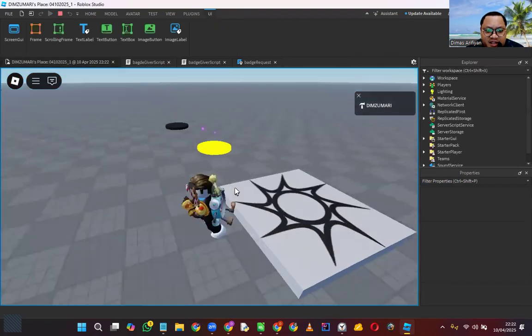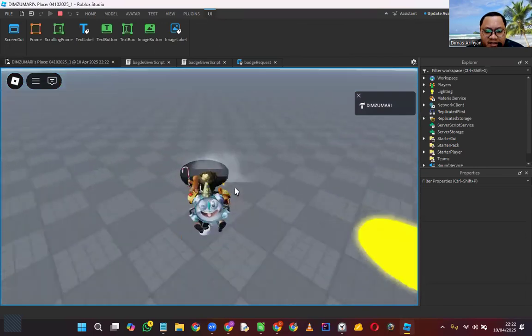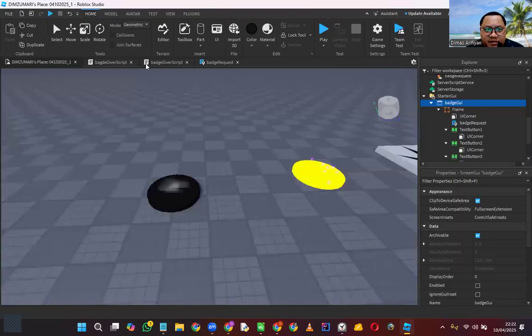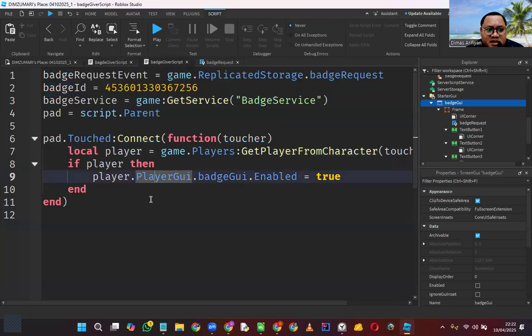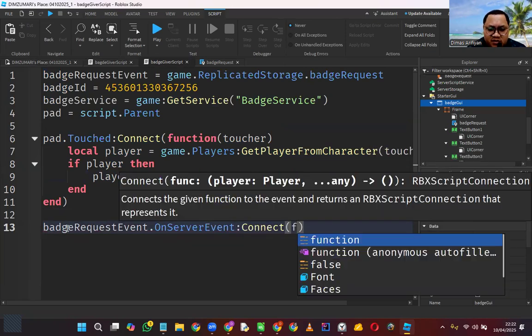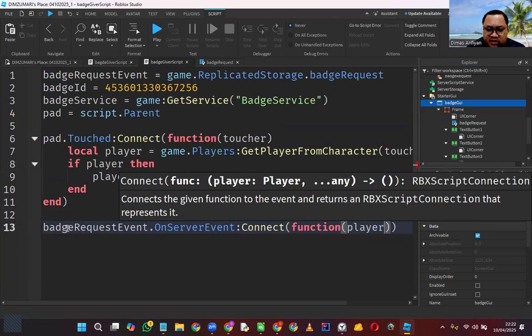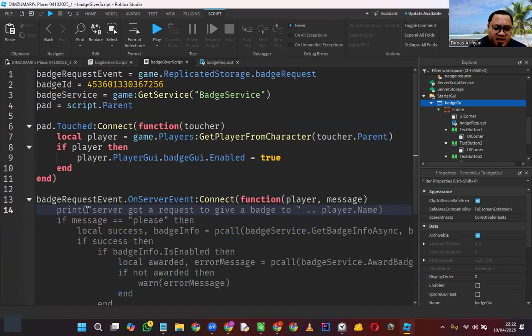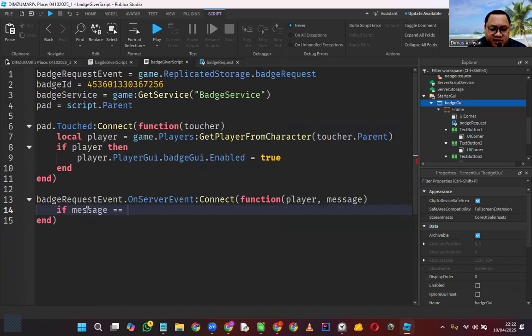It won't give me batch yet, by the way. If I touch this, there you go. The buttons appear. When I click the button, nothing happened. Now we can put the batch, the events, the buttons here. So batch request event dot on server event. So where the message is received, connect function player comma message. And zoom out. If message double equal destroy,